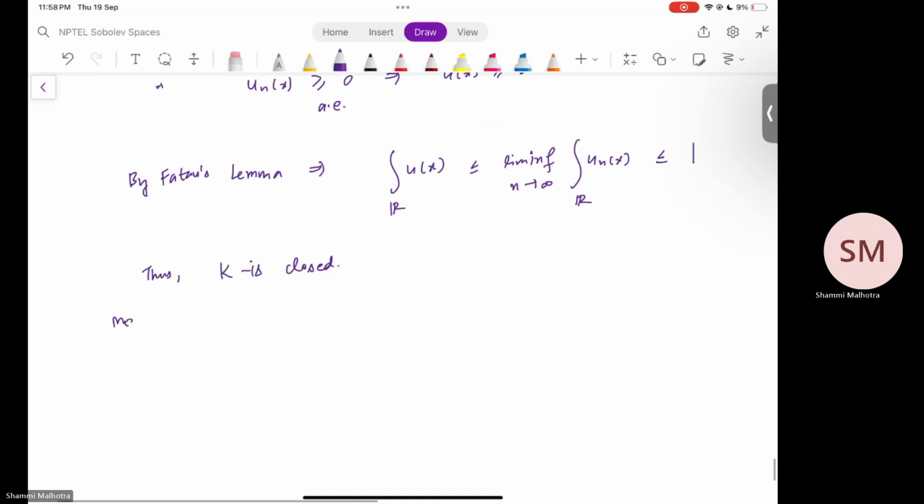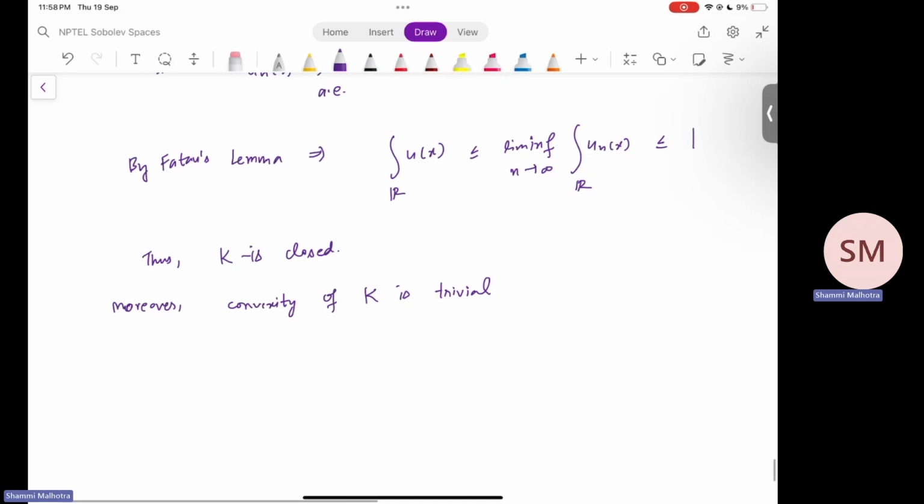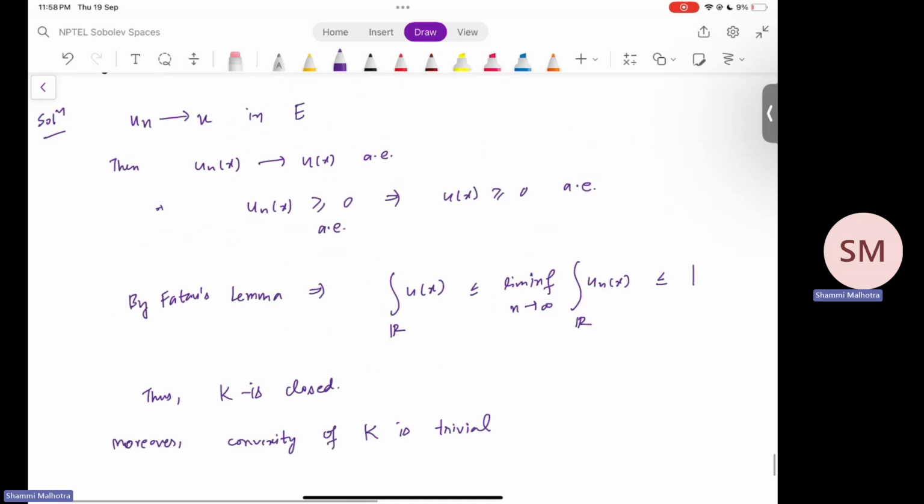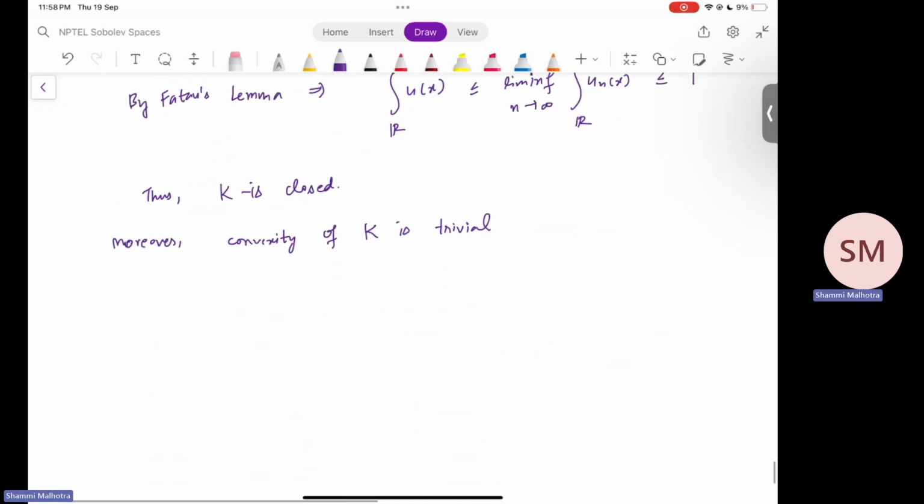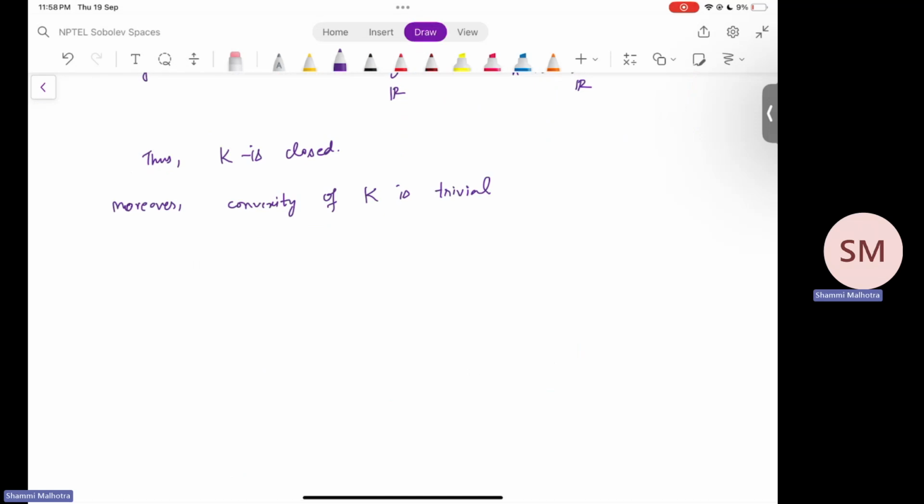Moreover, convexity of K is trivial. We can just directly check convexity by taking lambda times u1 plus (1 minus lambda) times u2, and then non-negativity and the integral bound are very easy to show, just by definition. So next part,